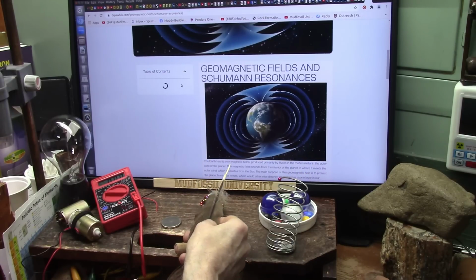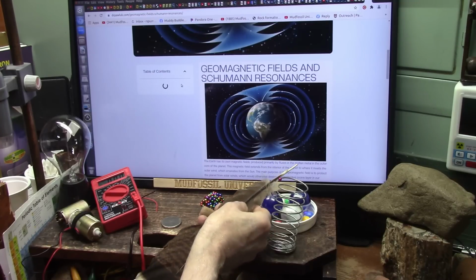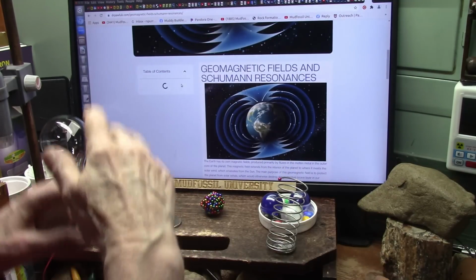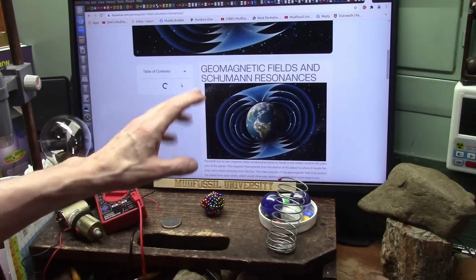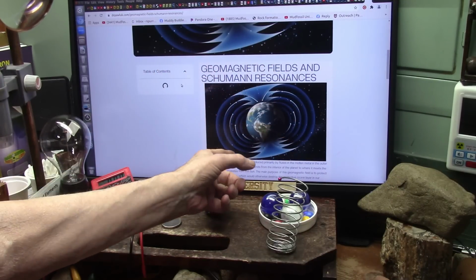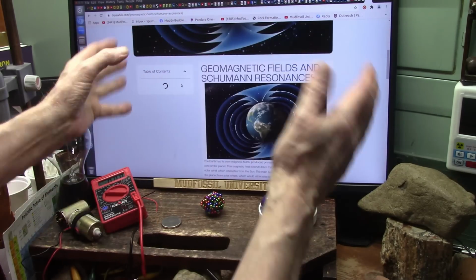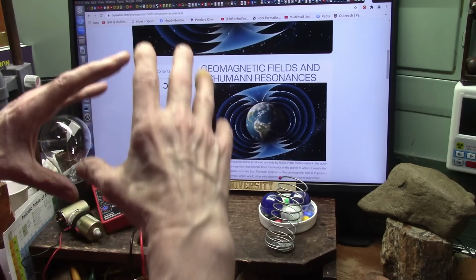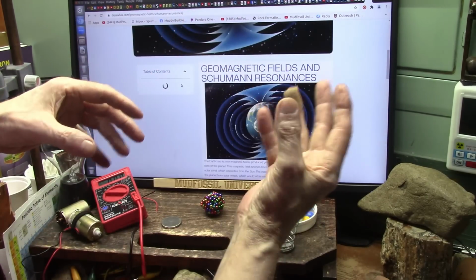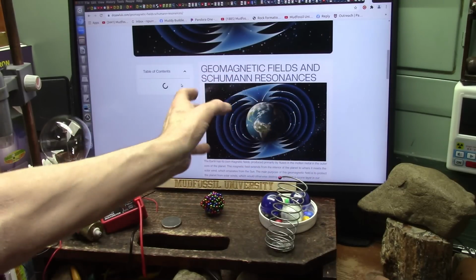Now, the Earth has its own magnetic fields produced primarily by fluxes in the molten metal in the outer core of the planet. I totally disagree with that 100%. It's produced by the scrubbing of these particles in the outer edge against all the particles that are in space, because space is saturated with light. And light is nothing more than electrons. And so we're scrubbing through those electron fields, creating a huge amount of raw electrons.